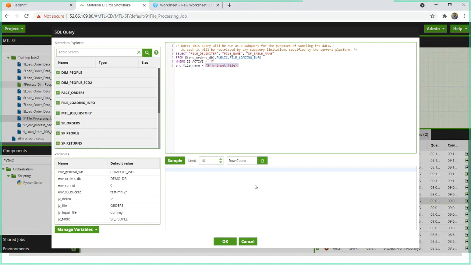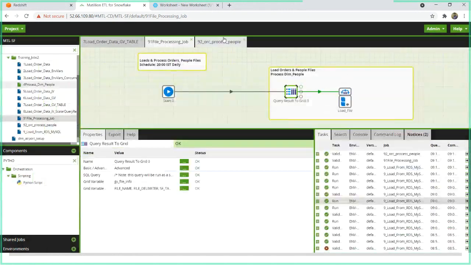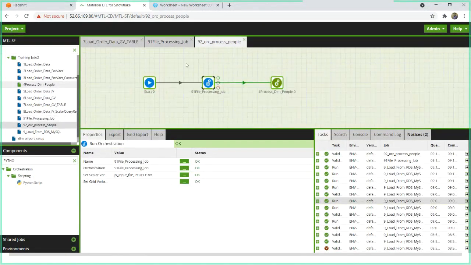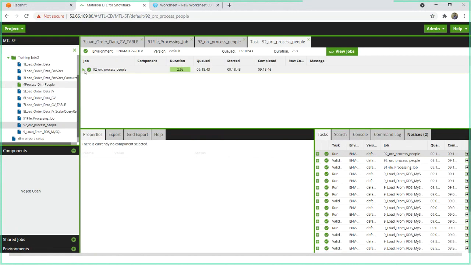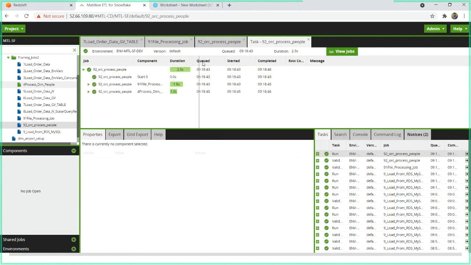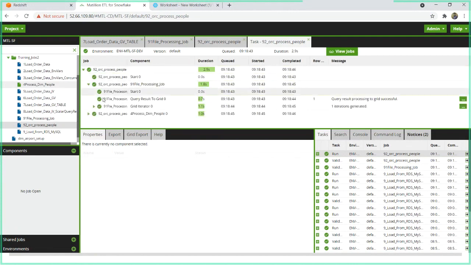So it will get the data for the people.txt, and it will load the data in. Now if I need to run it, let's try to run using this, whether it's correctly loading or not. Yeah, it has loaded. It has gone into your child job. Query result to 1, yeah, and it has loaded the SF people, and then it has loaded the dim